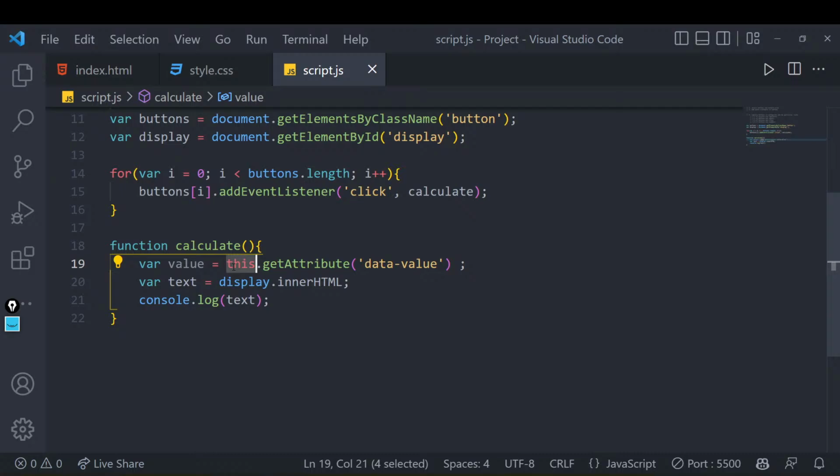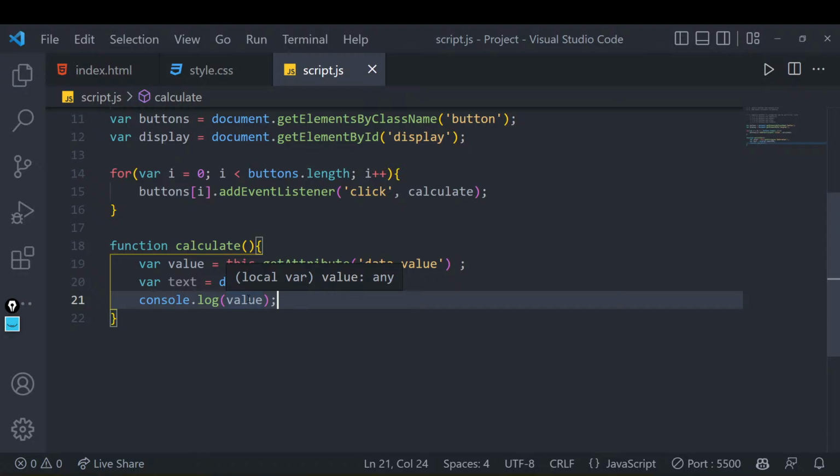This has something to do with OOPS, object oriented programming. I'll not go over there because that is a very different area. I'll just say if you want to get what button was clicked and all the properties of that button, just write this and you'll get that. How that works internally might be a little tricky, that is why I'm not touching that area. Just by writing this, let's log this, right? You'll only believe me unless I show you the practical part of that.